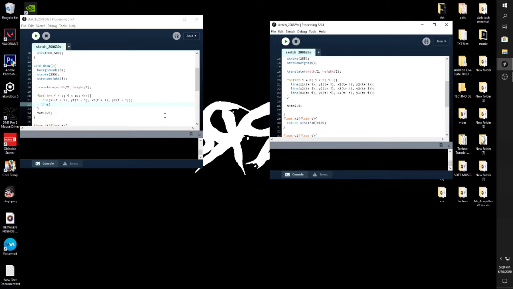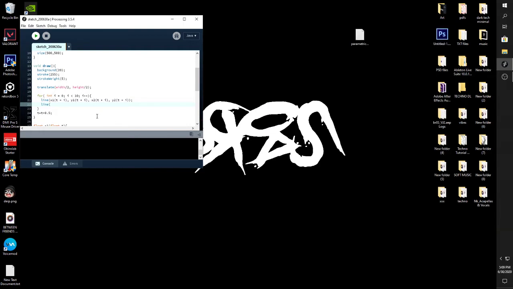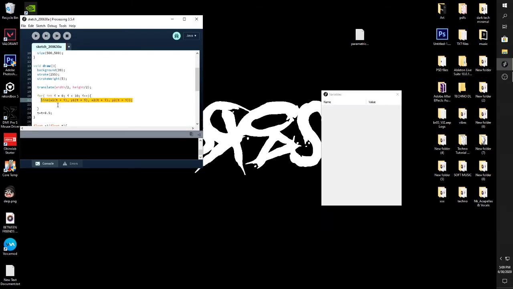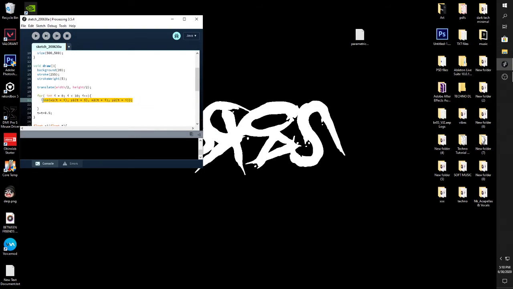Let's see. So we do x2 of t plus i. Actually, we could just copy and paste this. So this would combine our second point to our third point, and we would want our third point to connect to our first point. And doing that, we'd get